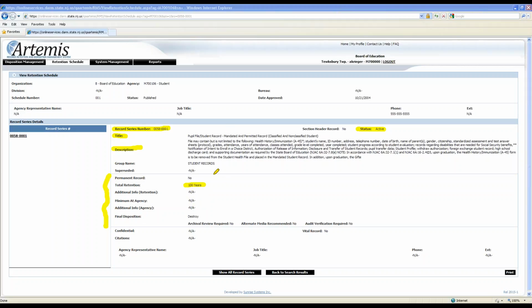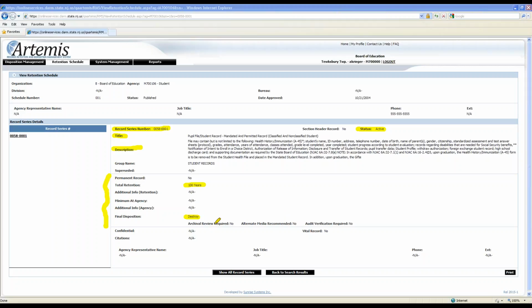So after this record, we've had this record now for 100 years. What can I do after that 100 years? Well, I can go ahead and destroy it. 99% of your records are going to say destroy. You will see some record series that might have other destruction methods, like videotapes or cassette tapes might say erase, but the majority of your stuff is going to say destroy.